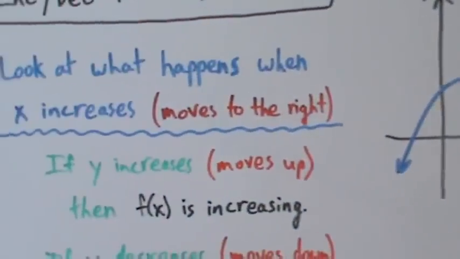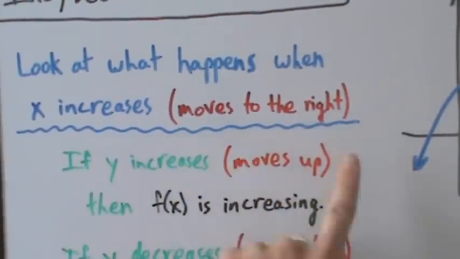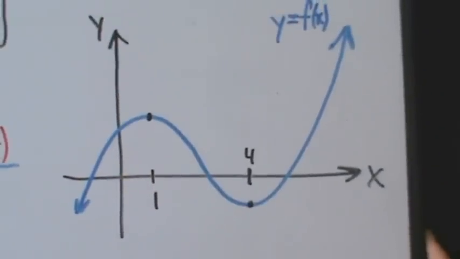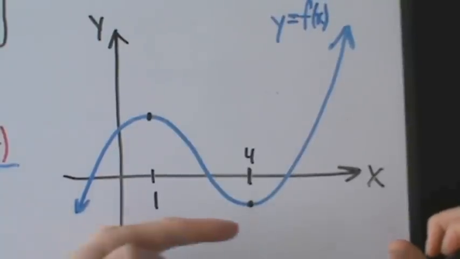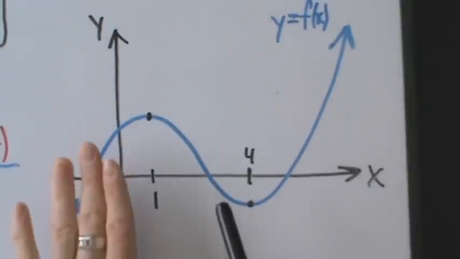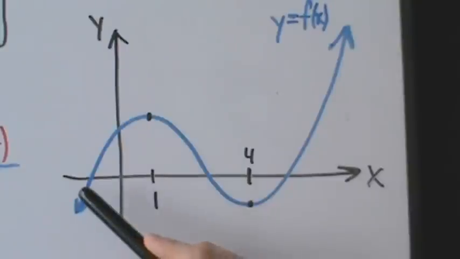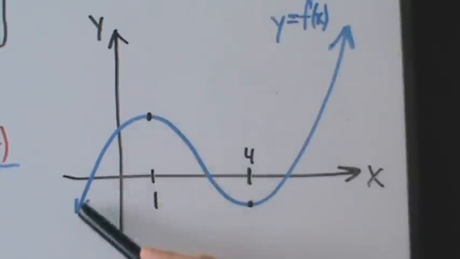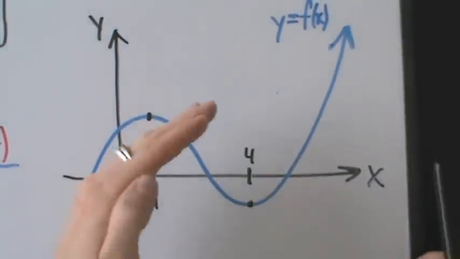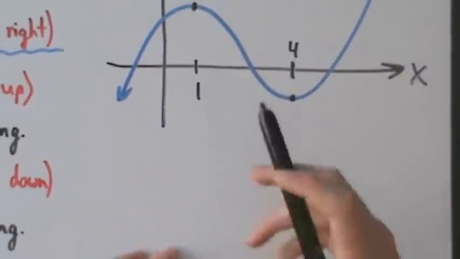So notice, let's examine this graph in terms of increasing and decreasing. Remember, we have to look at what happens when x increases, so moves left to right. Basically we're going to look at what's happening with this graph as x moves to the right. Well, if we come in here from the left to the right, then we see that the y-coordinates are going up, right? Here the y-coordinates are increasing. We don't know exactly what they are, but we don't really care. All we care about is that they're increasing, they're getting larger. So as x increases, y is also increasing, and that means that f of x